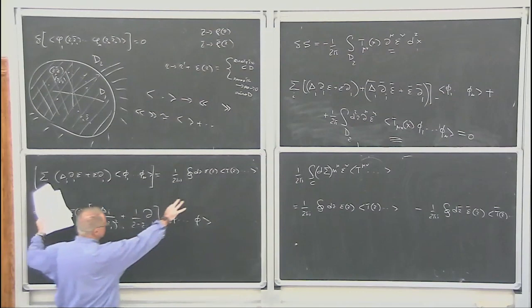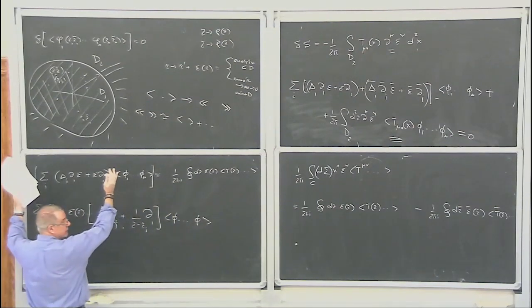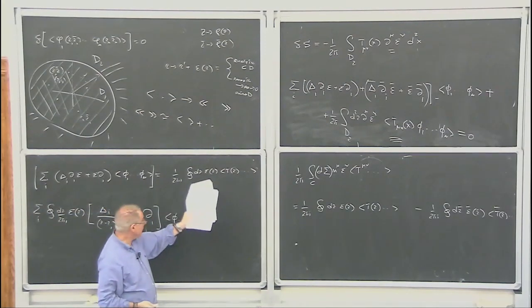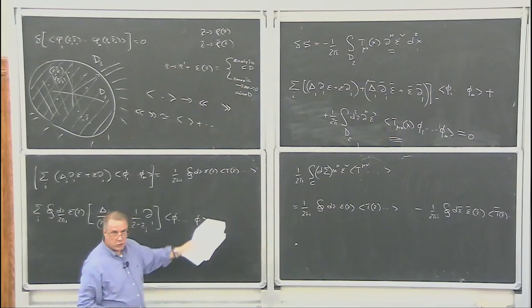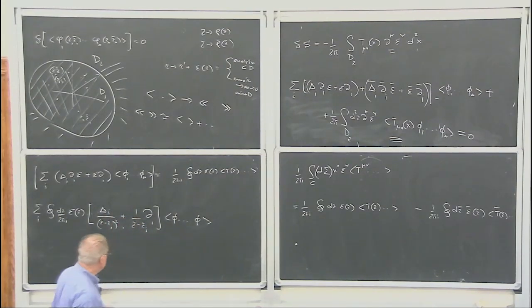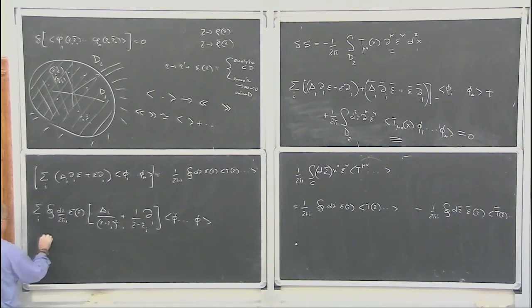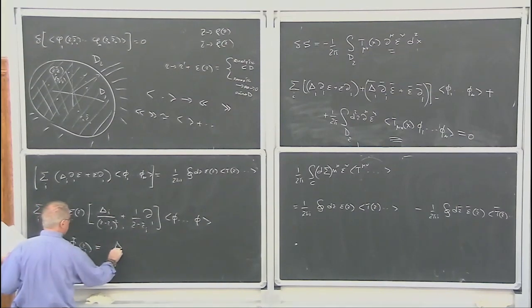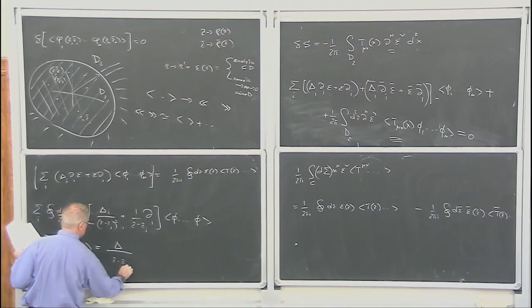Now, why am I doing so? Because, as is written here, I have an equation which is differential on the left-hand side and integral on the right-hand side. Here is an integral. So I want to refer everything to local. If I do so, comparing, I arrive at the beautiful Ward identity, which says T(z) applied to a primary field as an operator Fourier expansion, which is